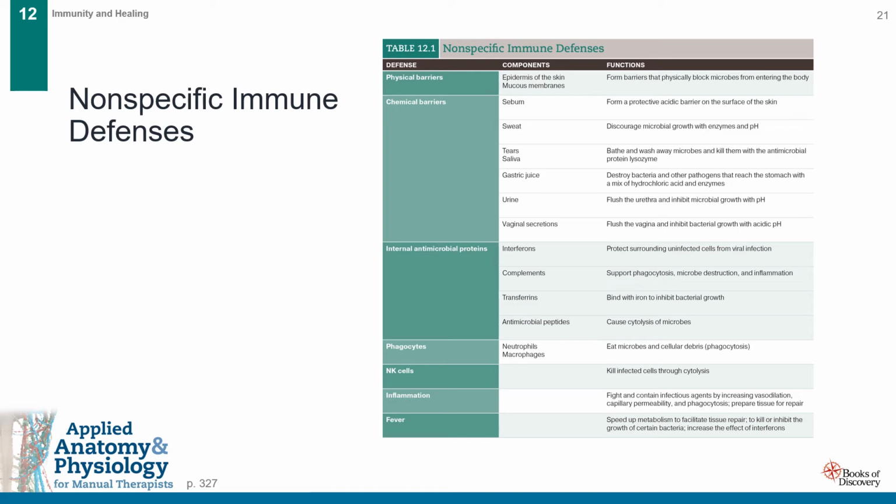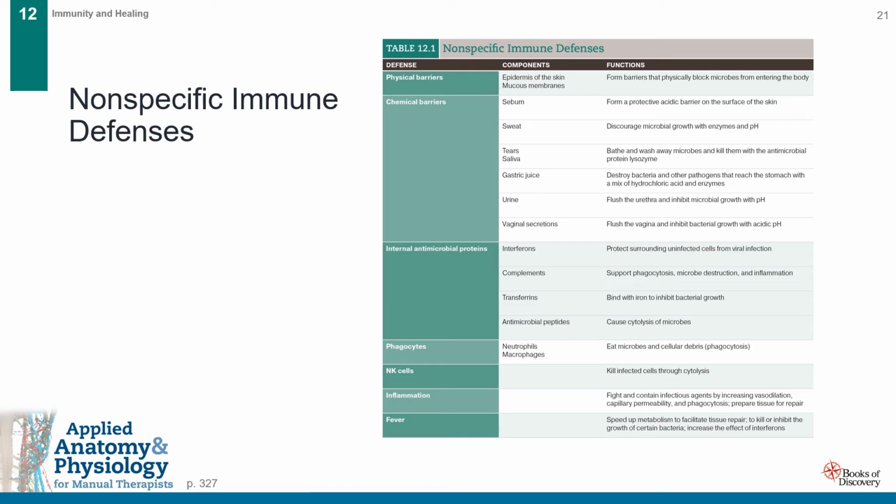The next barrier is chemical barriers, and these components consist of sebum, which forms a protective acidic barrier on the surface of the skin, sweat, which discourages microbial growth with enzymes and pH, tears and saliva, which bathe and wash away microbes and kill them with the antimicrobial protein lysozyme,